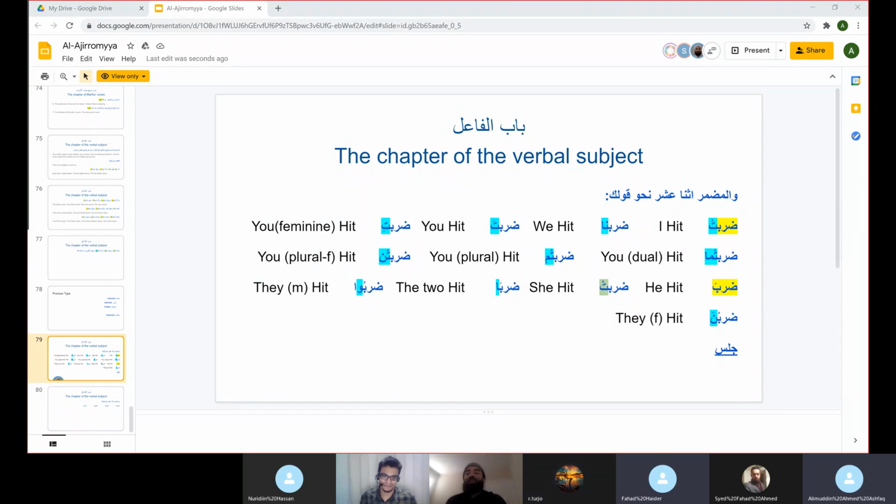Okay, so we did go through the imperfect tense conjugations, if you remember, right? And now we have gone through the past tense verb conjugations. Now I want you to do the conjugation for jalasa, both for the past tense and the imperfect tense. And the perfect tense, I think it's in one of the previous slides. I can find it and send you the slide number.